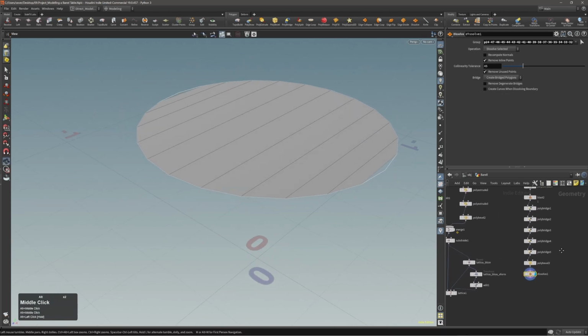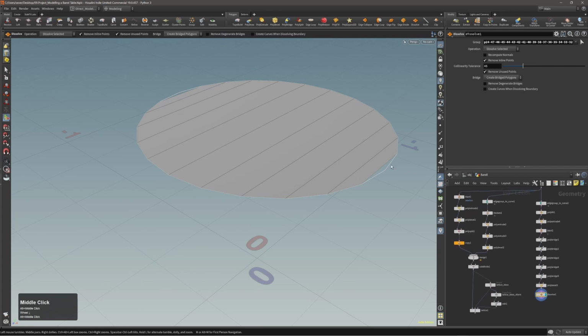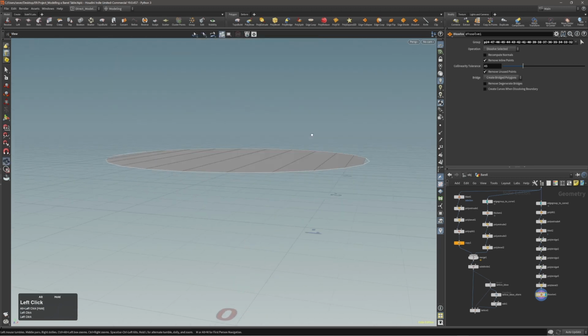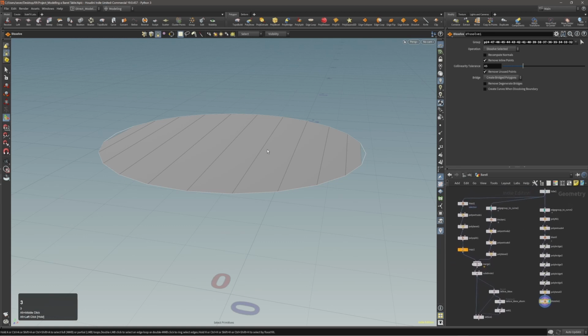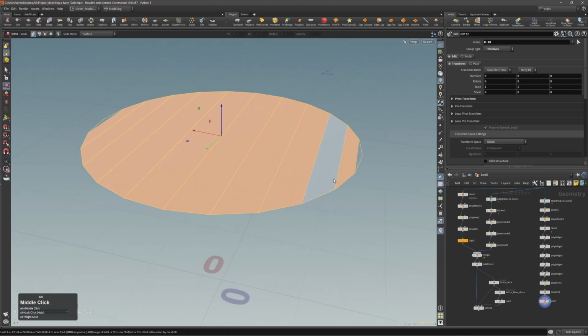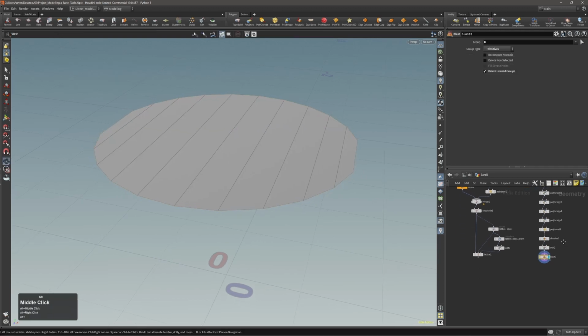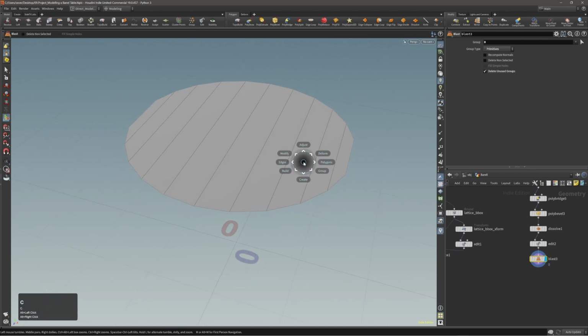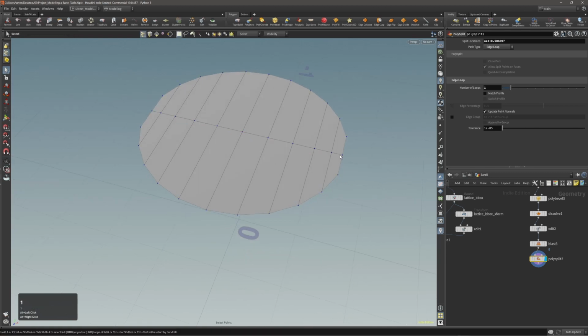And this is actually the odd thing now that we are seeing these edges like this, which should not be seen. But let me see. Yeah, okay. That's very interesting, to be honest. What happens if I delete? Huh. Okay, I'm not sure what happened there, but what we can do to fix this is just add a loop